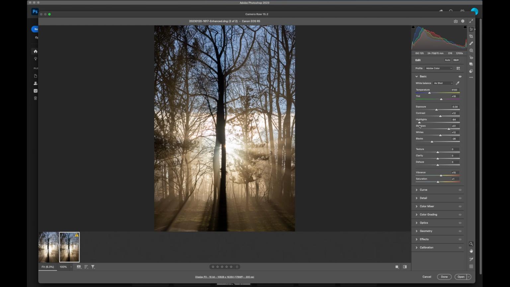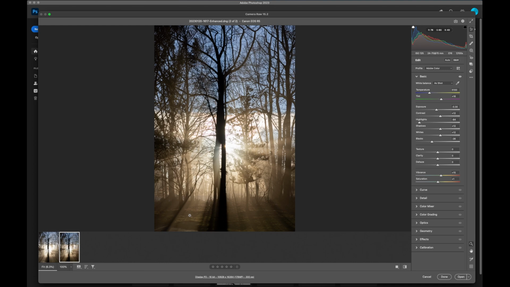Same thing with the shadows. The auto brought it up to a +51, but as you can see, the shadows were kind of light here and are kind of dark, so we're going to bring them up a little bit but not too much. So auto set it up here, so we're actually going to come back down and just do a little bit of lightening of the shadows because that brings out some of our contours and textures down here in the ground.